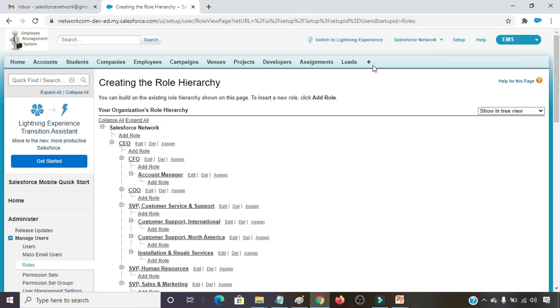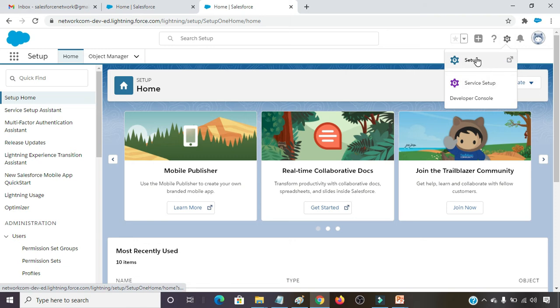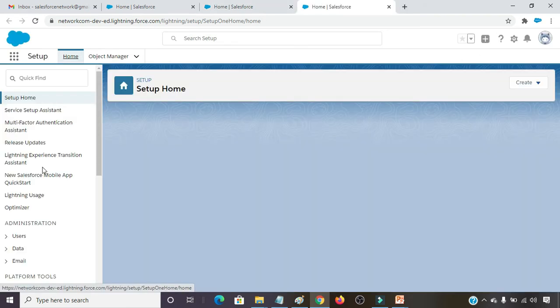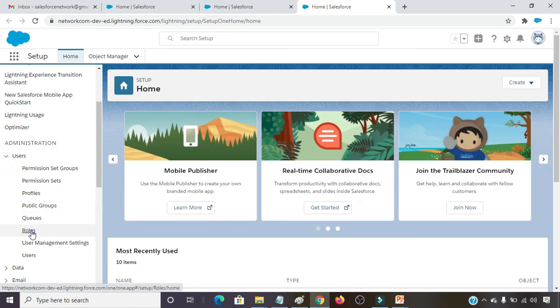Next we have to create roles in Lightning Experience. For this, first we need to click on switch to Lightning Experience. Then on the right side click setup, administration, users, roles.